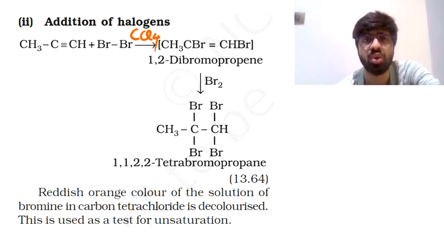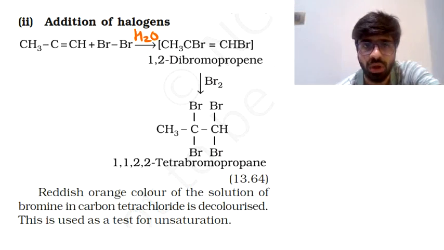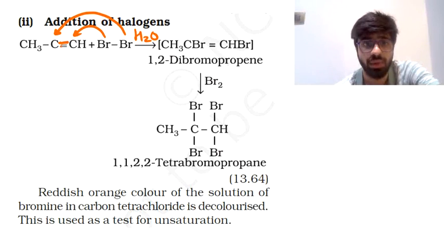Here they have actually said bromine water. So even if it is not CCl4, even if it is simply H2O, then also it is absolutely fine. Still, in presence of this kind of a solvent, the bromine addition is going to take place on the triple bond. So this bromine atom adds on this carbon atom, the other bromine adds on the other carbon atom. There's one bond breaking between the two carbon atoms, and you ultimately have only a double bond between the two carbon atoms. The final structure is what they have shown here.